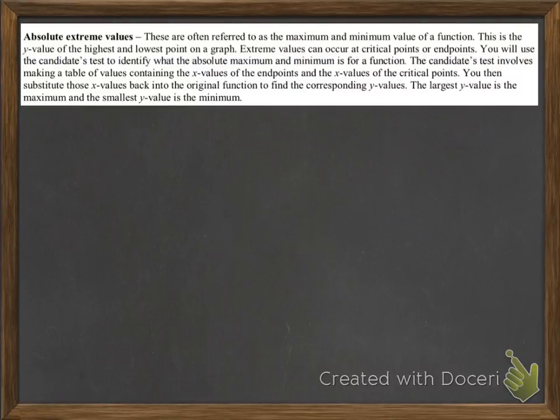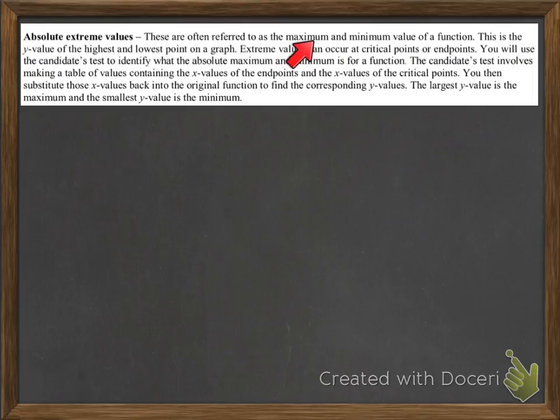All right, so in part two of the extreme values here, we're going to be looking at absolute extreme values, and these are often just simply referred to on the AP exam as the maximum and minimum value of a function. They are not going to take into account your local maximums or minimums. We are looking for the highest part or the lowest part of your function. It could be at a local maximum or a local minimum, but it's going to be referred to as your